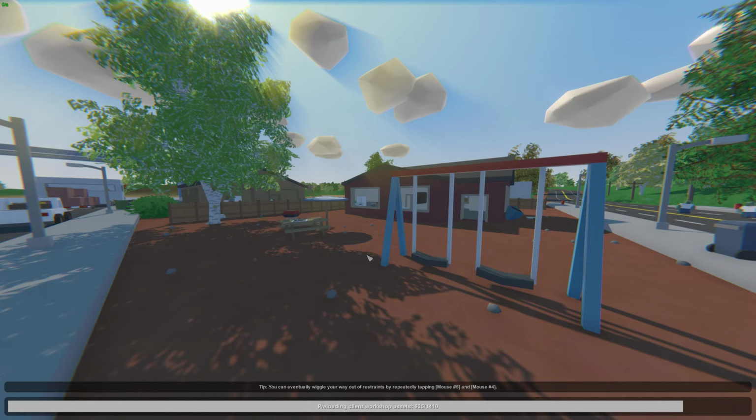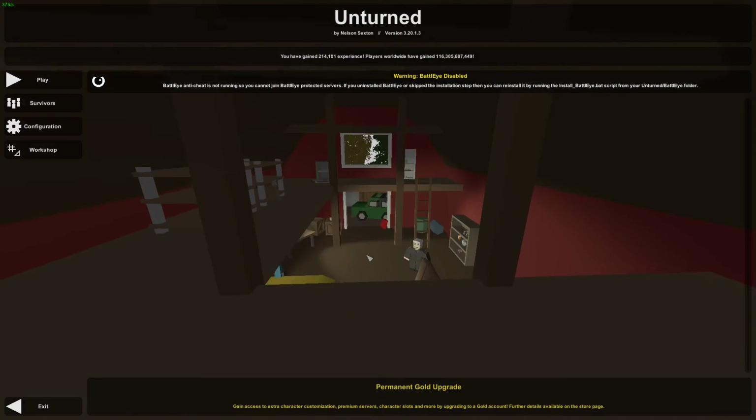Unturned takes a while to load in, but it still beats GTA loading times. Actually, any game beats GTA loading times. GTA 5 I'm talking about. It takes forever to load the game into story mode, and forever to load into online. Why that is, I don't know. It's not like you're connecting to one server that just has everybody on it at the same time. GTA 6, however, is or was rumored to